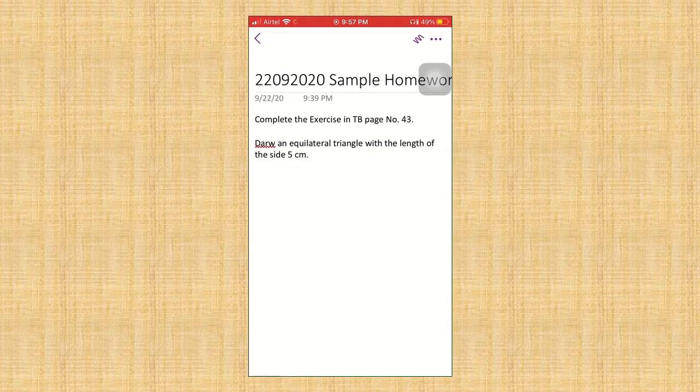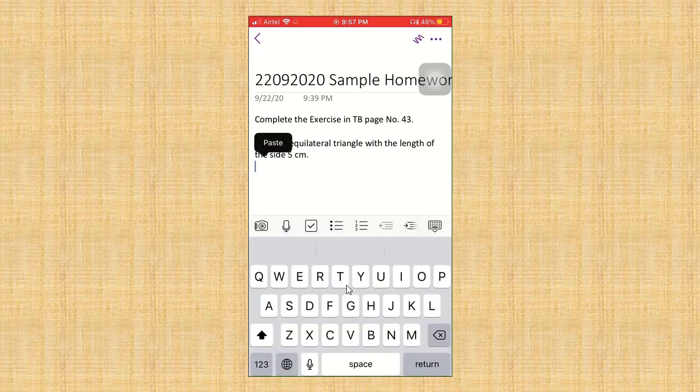After this, press anywhere on the screen. Suppose this is the work the teacher gave you; in the white region anywhere you can press to upload your homework, with one long press. Some options will open in the keypad, like the camera option, mic option, and some more.